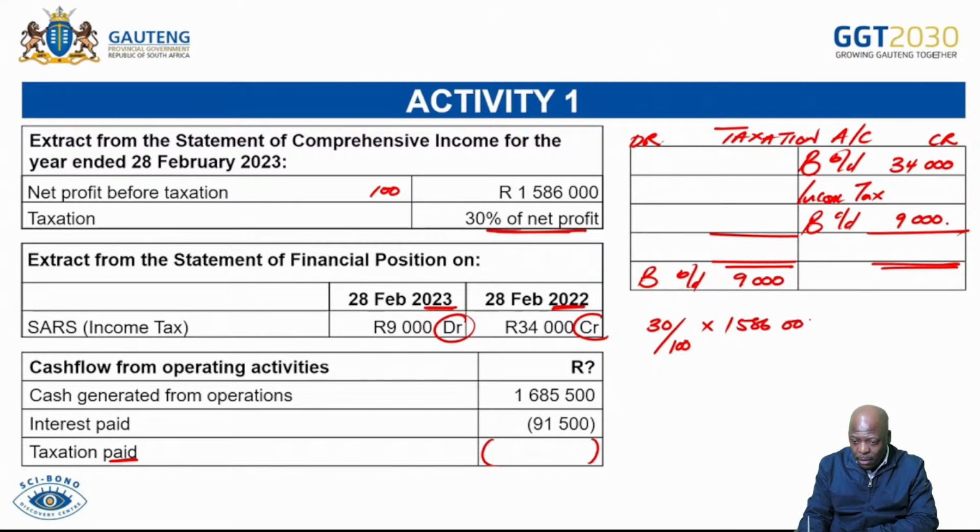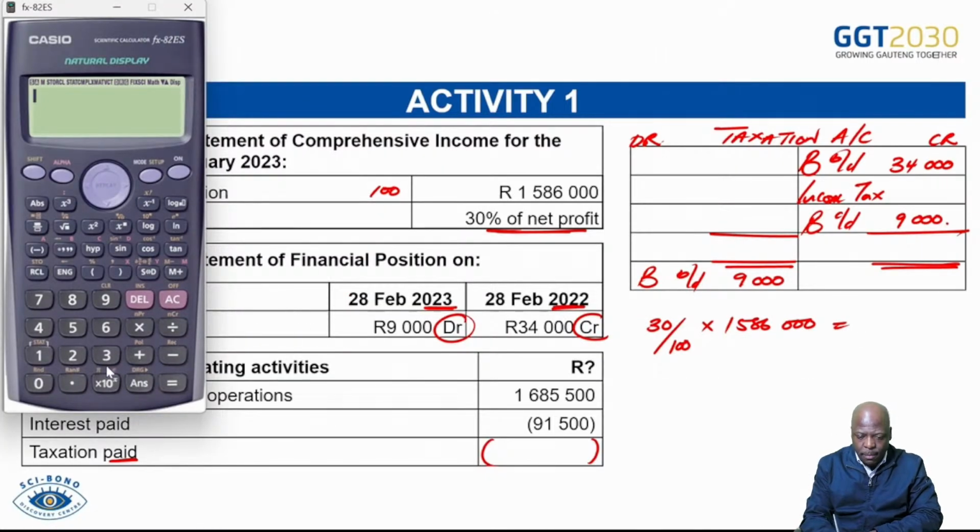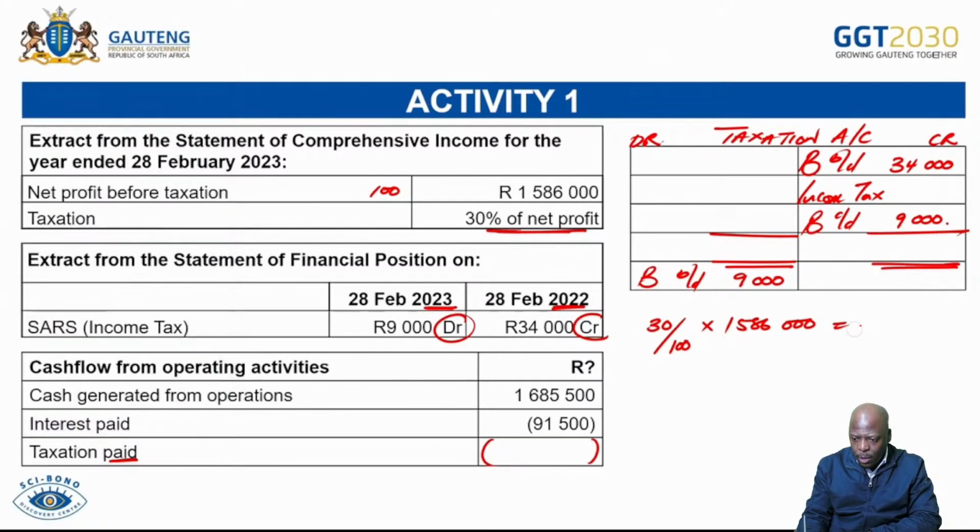1,586,000. Let's see if we can bring our adding machine. There it is. So what we want is 30 over 100, and then we multiply this by 1,586,000. And then that will give us 475,800. That is my income tax. So I'll come here, my income tax is